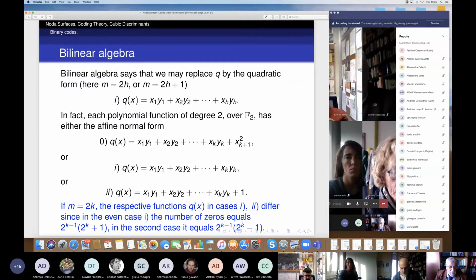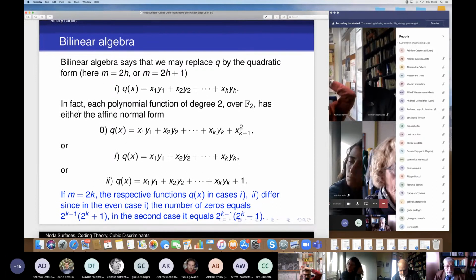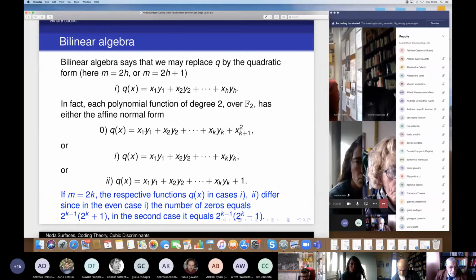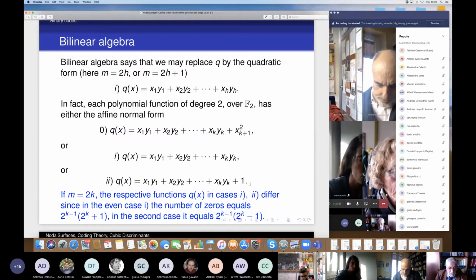says that you can really replace Q by some normal form: if m is 2h or 2h plus 1, you just take Qh as x1y1 plus x2y2 until xhyh. And the main point is that each polynomial function of degree 2 over F2, these are quadratic forms over a field of 2 elements, and so we have different affine normal forms, either the previous Q plus x(k+1) squared, or just this plus 1. So these are the normal forms, and if m is equal to 2k, there are 2 cases, 1 and 2,